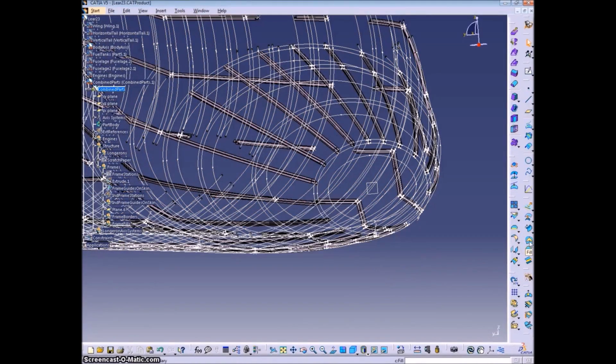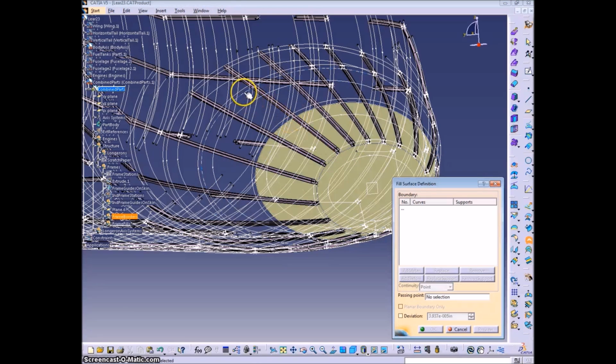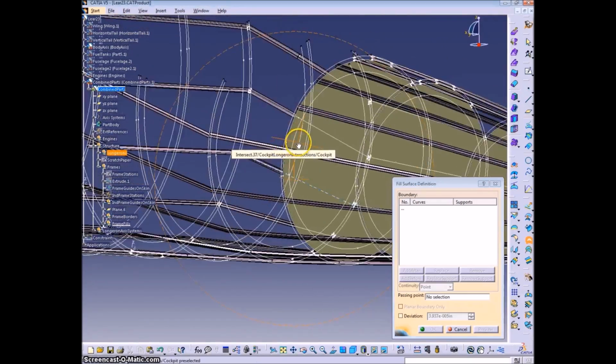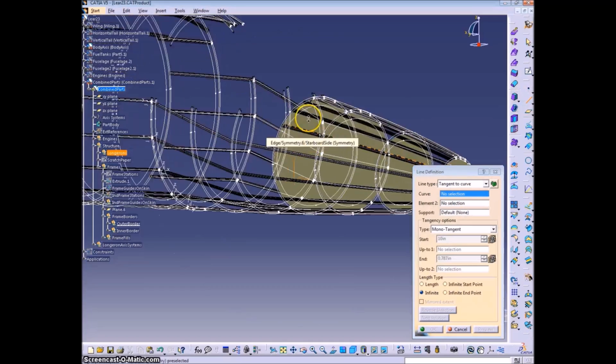And now you can go fill in. You're going to have to use the outer contour. We'll have to come back later and cut the inside out. When it comes to these pieces that are broken, you have to obviously close the contour before you can fill it in. So we're going to use lines